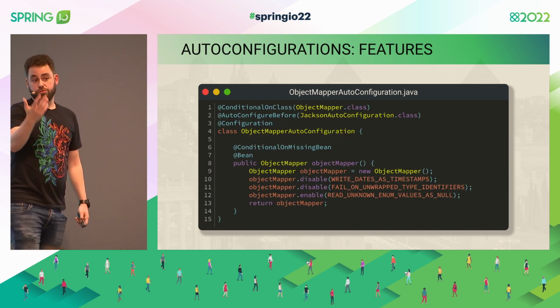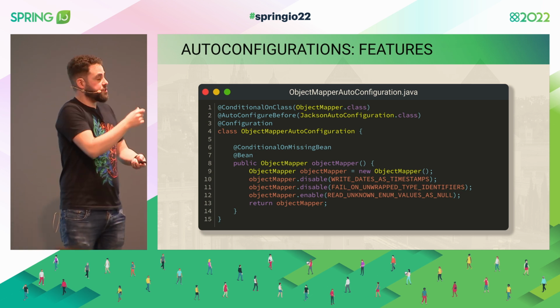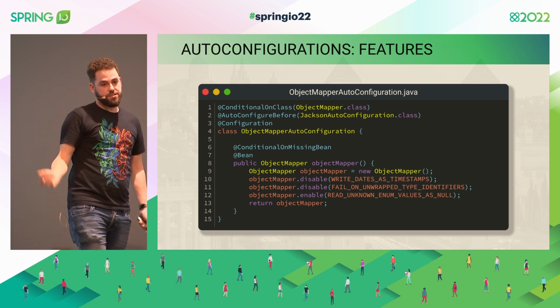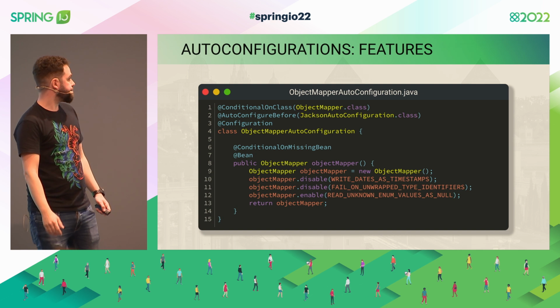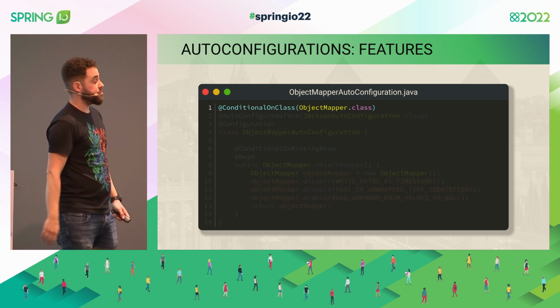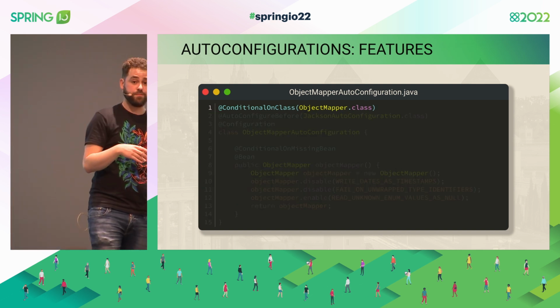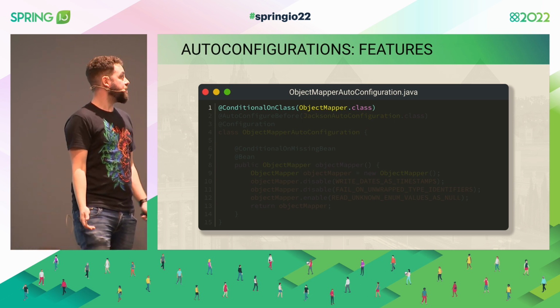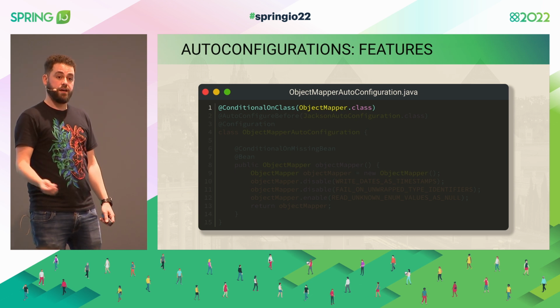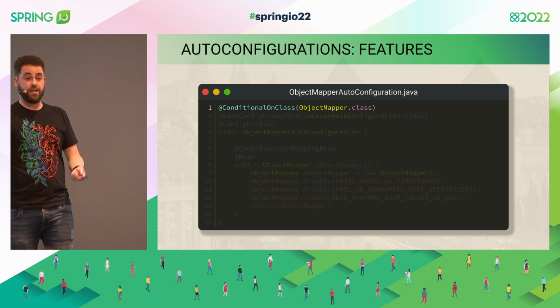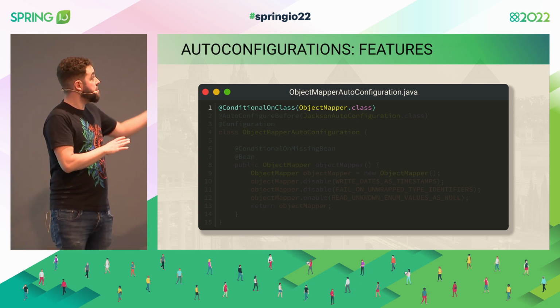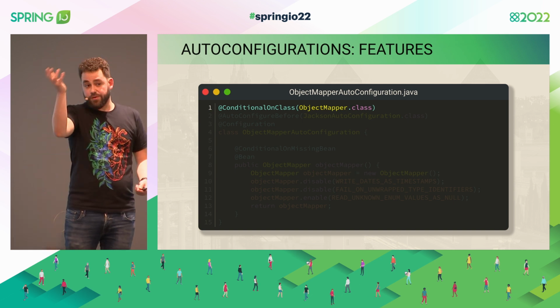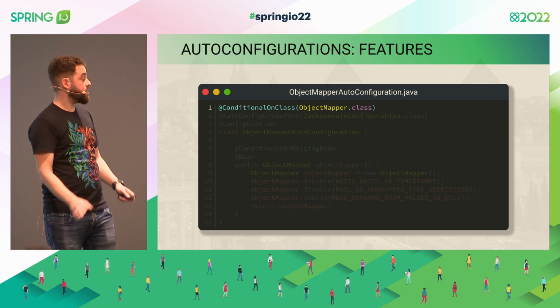Not only that, we can also do many other things. Actually, there's a conditional annotation, and we can see all the implementations, and we can even write our own conditions. But mainly, we can do things like, OK, conditional on a class. If this class is in the class path, because I'm talking about an optional library, in this case, object mapper probably will be always there, but let's say I'm using Hystrix on some applications. So we can create one auto-configuration for Hystrix, only evaluate if Hystrix, whatever class from Hystrix is in the class path. Otherwise, just ignore me.